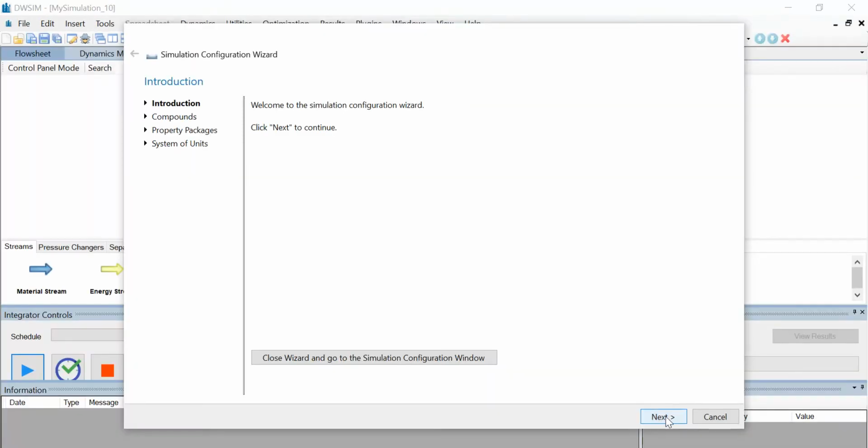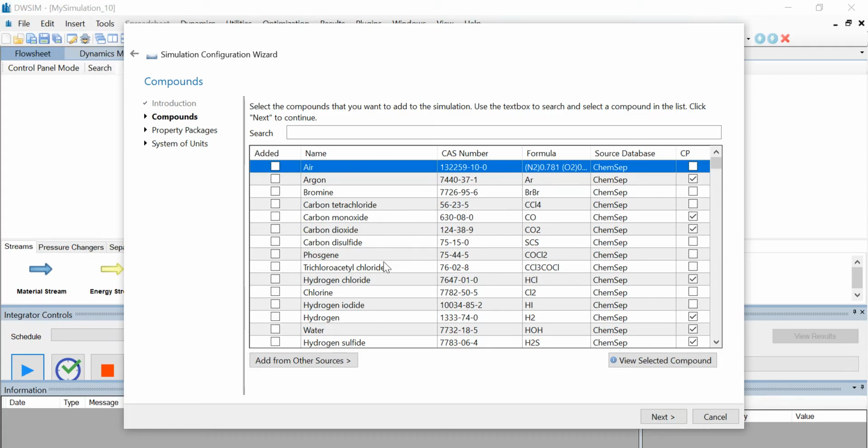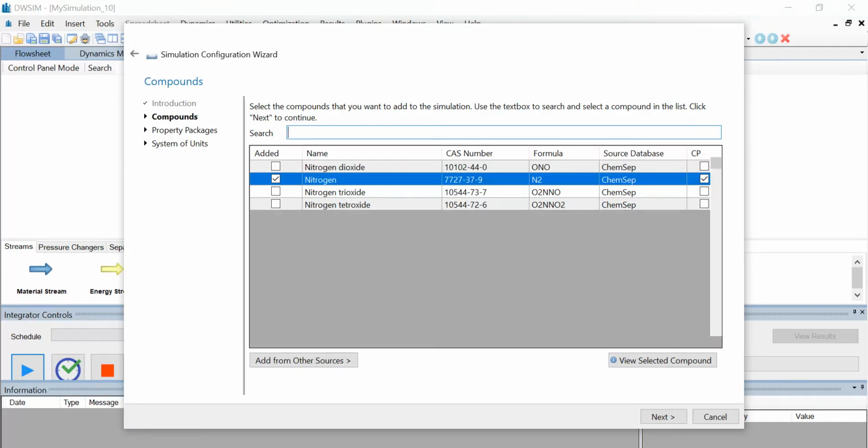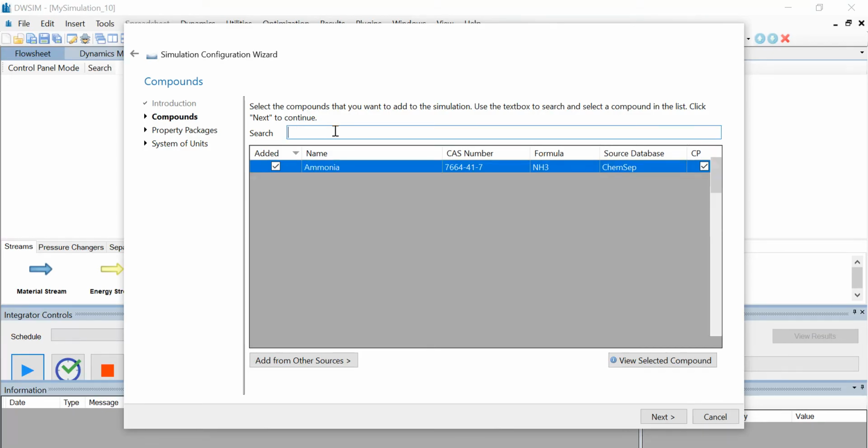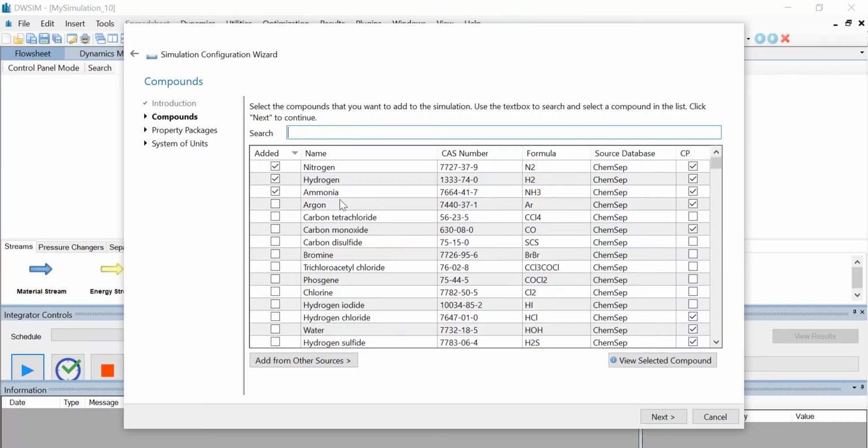Click Next to continue. And from the given list of compounds, let us search and select the compounds required for the simulation. So nitrogen, hydrogen and ammonia have been selected.